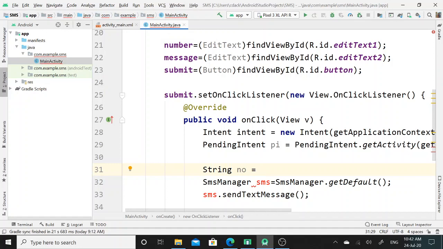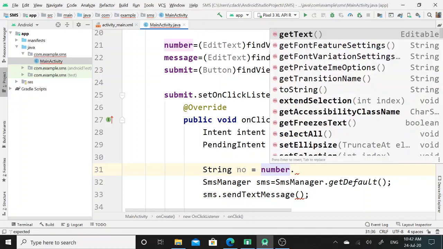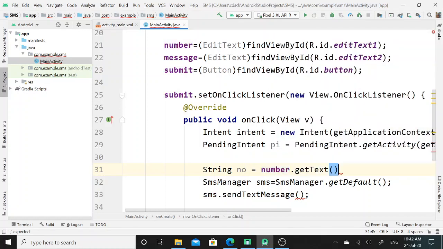For that I will take the reference of number. Here with the help of number I will call the get text property. Since I will be receiving this text in the form of a string, I will call the toString method over here.